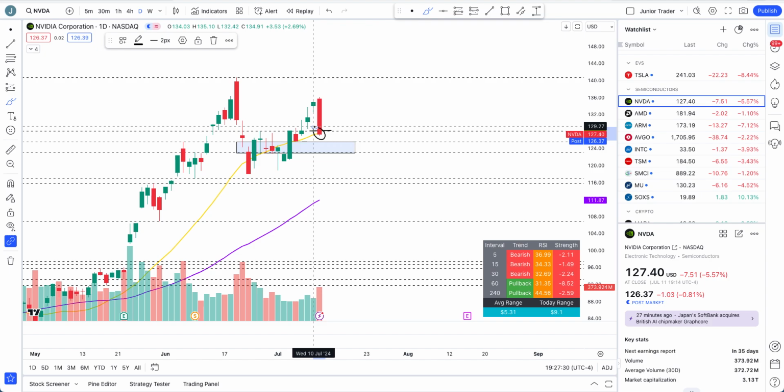for the bulls, right? However, and I'll show you a couple of things on lower time frame in just a second, in the post market we are already $1 down as well, and we are at 126 and 30 cents, something, right over here. This is where we are making our way down here, which puts Nvidia below the 20 days moving average and also has lost that structural area of support,